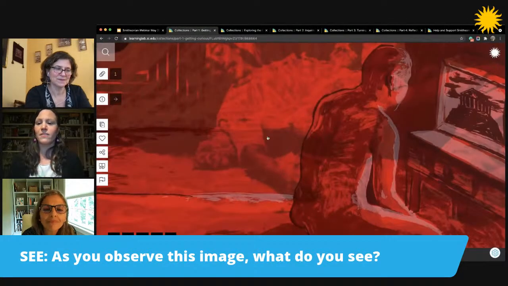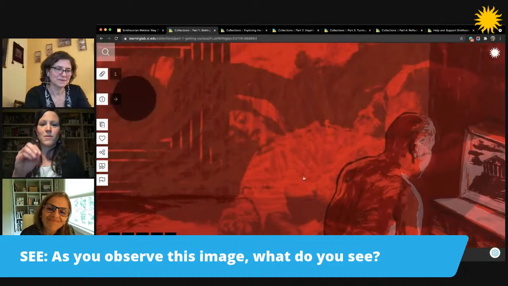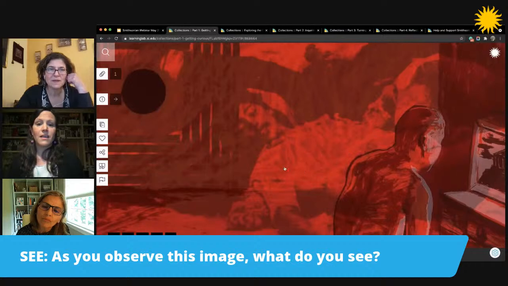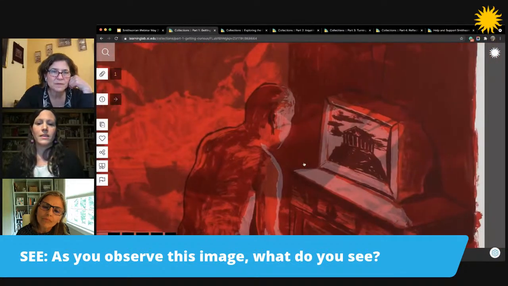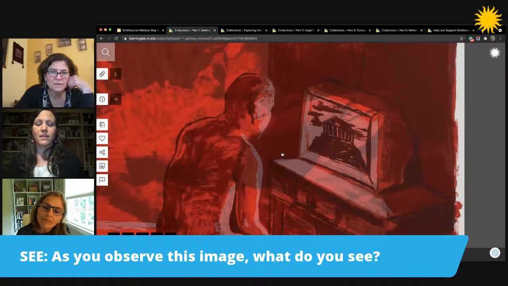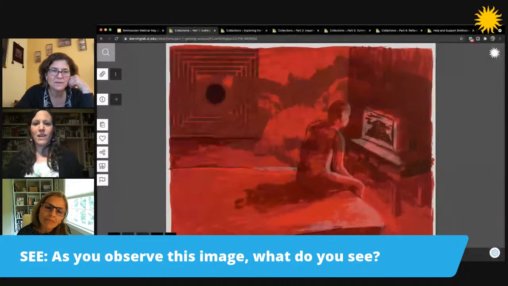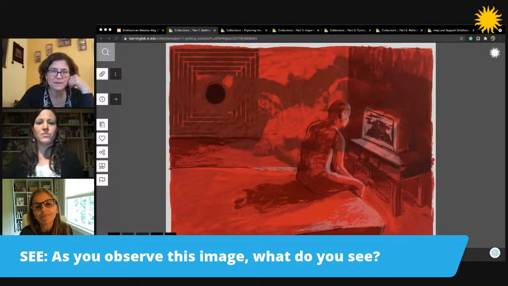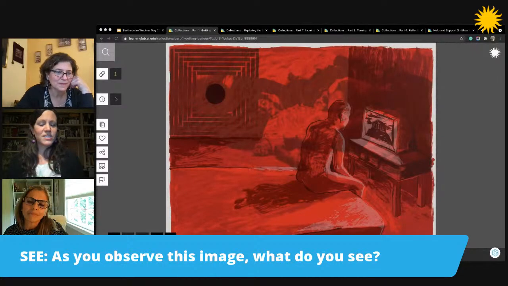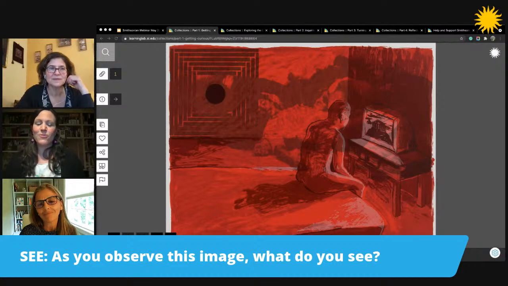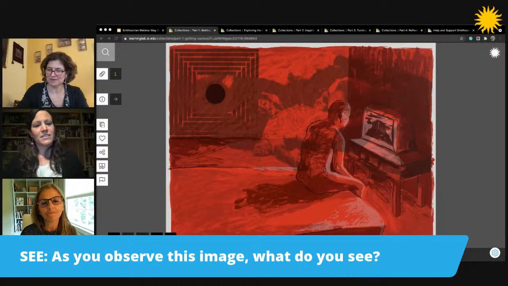And luckily the Smithsonian Learning Lab allows you to zoom in to the images as well, and still see a really nice high quality of the detail of the artwork. Yeah, it's certainly a structure in the image, and whatever that is, a television or a computer screen, it is. This particular image has a lot of red, and when I showed this to my students, they were really quite enthralled. Maybe that's the wrong word.